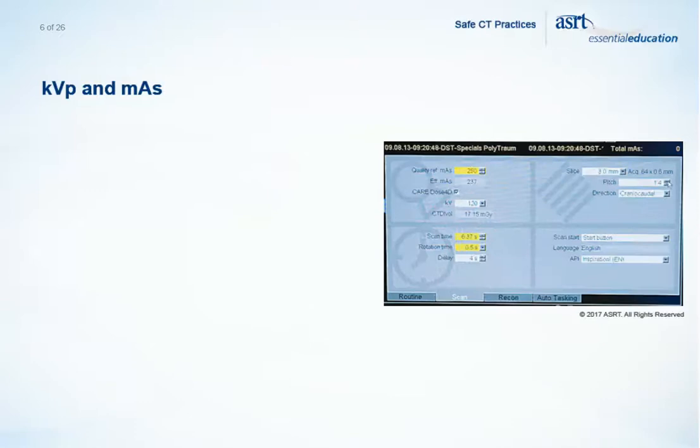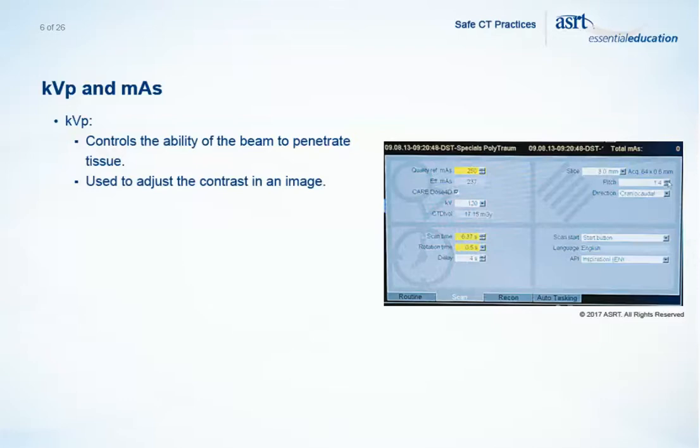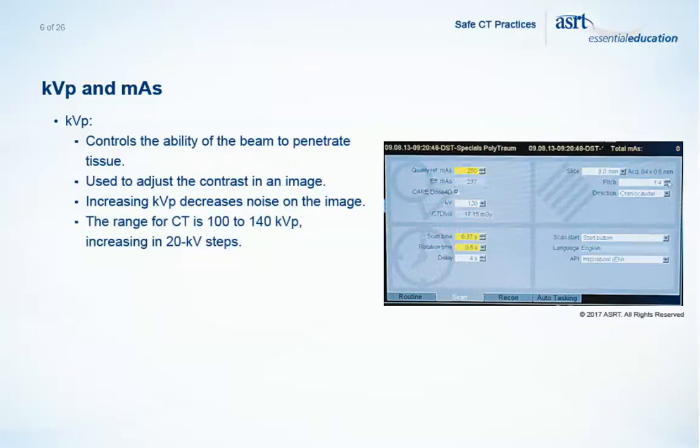Just as in radiography, kVp controls the ability of the beam to penetrate tissue, so it is used to adjust the contrast in an image. Increasing kVp for an obese patient or bony joint results in a decrease in noise on the images. Generally, the range for CT is 100 to 140 kVp, with stations increasing in 20 kV steps. When using MA modulation, increasing the kVp station also may increase the MA station, something to consider as you change